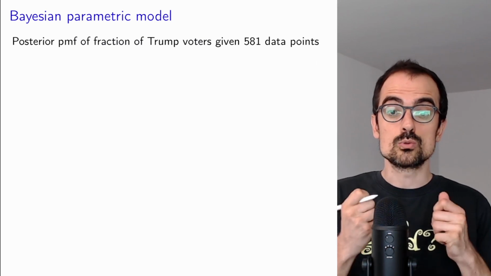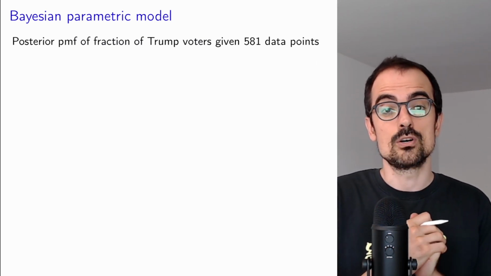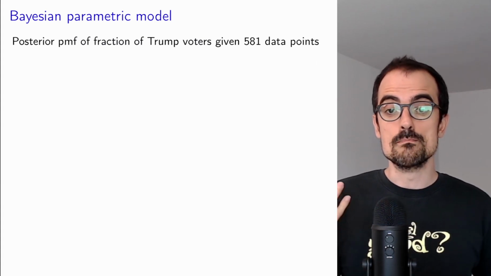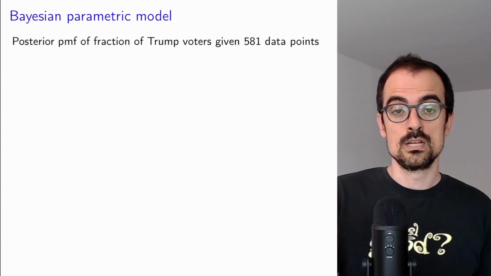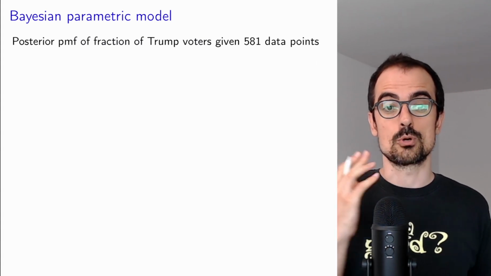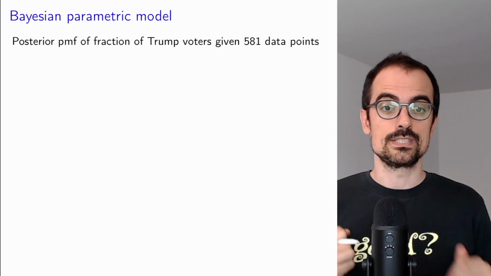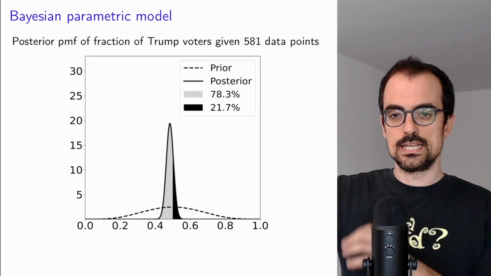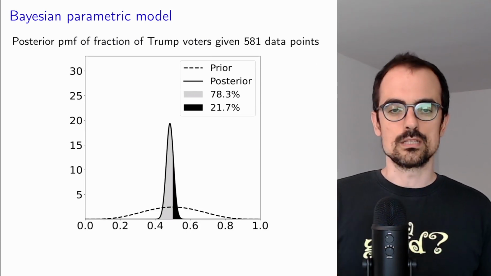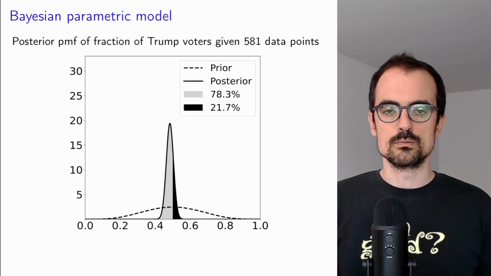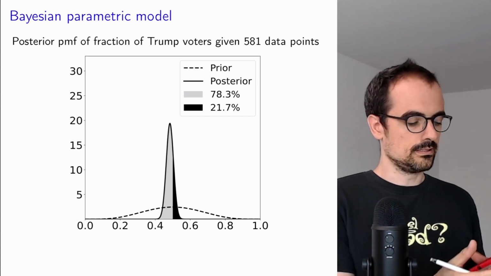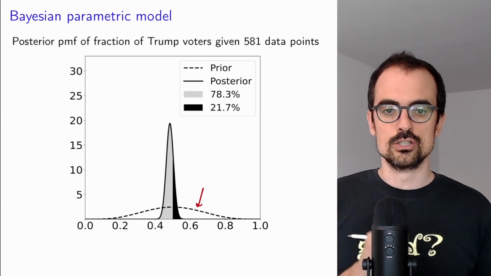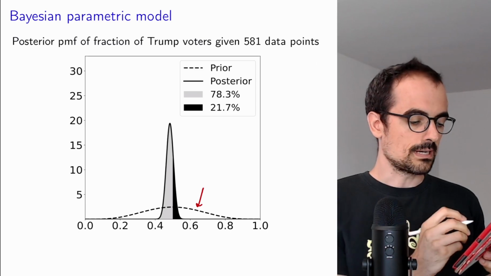But basically what we want to compute is the posterior PMF of the fraction of Trump voters given the data. So we model the fraction of Trump voters as a random variable, and we ask ourselves what's the probability that that random variable is above 0.5. And using a pretty reasonable prior, in this other video where we talk about this in more detail, we look at what happens with different priors, but let's say that we use this pretty reasonable prior on the fraction of Trump voters,